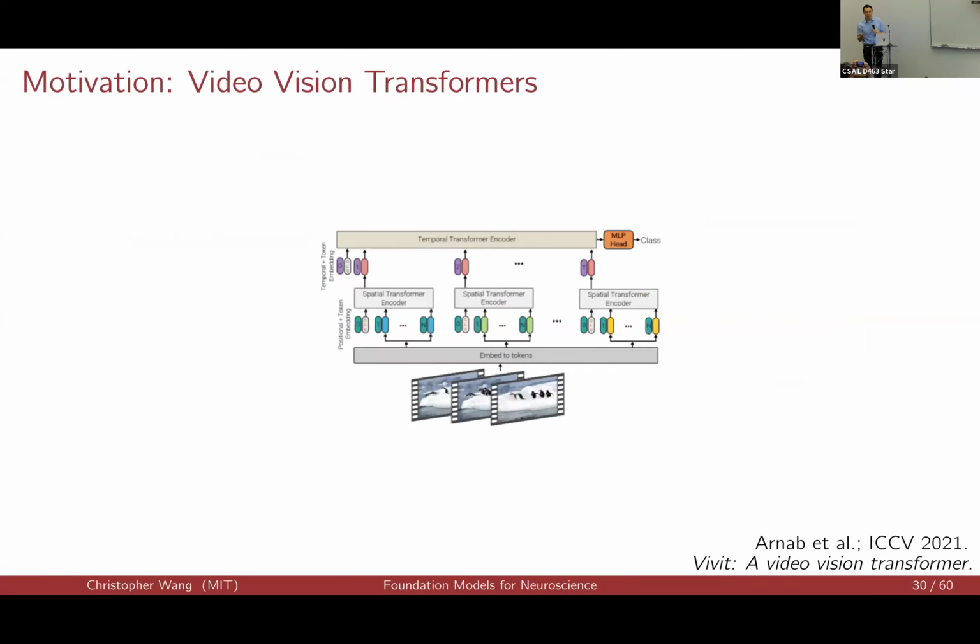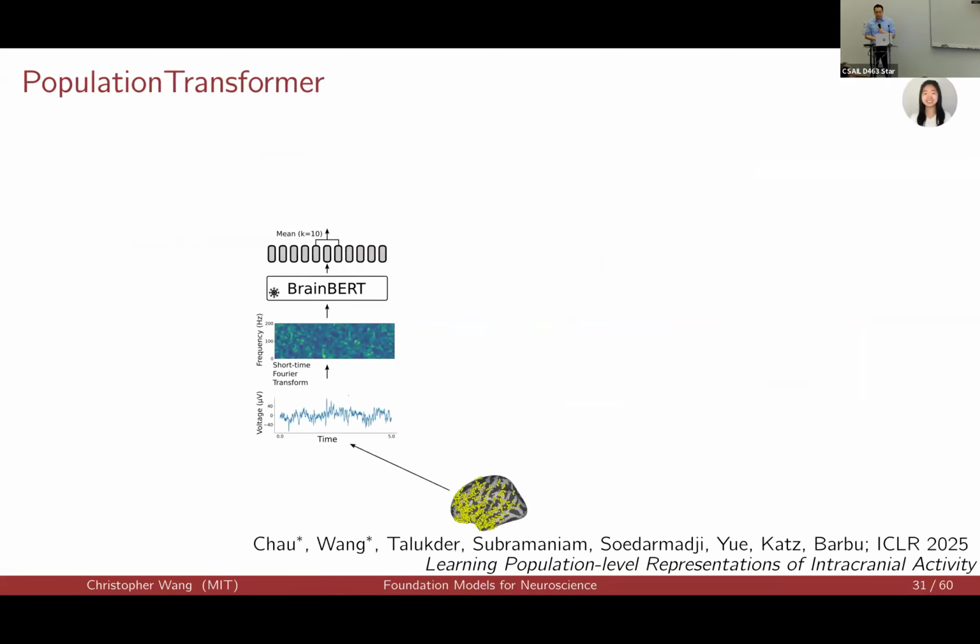A similar problem actually arises in a different setting. So in video modeling, what was typical a couple of years ago was to have one model learn a representation over a single frame of data, and then have another model at another level learn to aggregate those representations into a movie level representation. And this is sort of the template of the thing we want to do with the brain data. It's a little more challenging because the electrodes, the sensors do not uniformly cover the brain, and the placement varies widely from patient to patient. And this is the challenge we tried to address in designing the population transformer. This is work done jointly with the amazing Jilin Chao at Caltech.